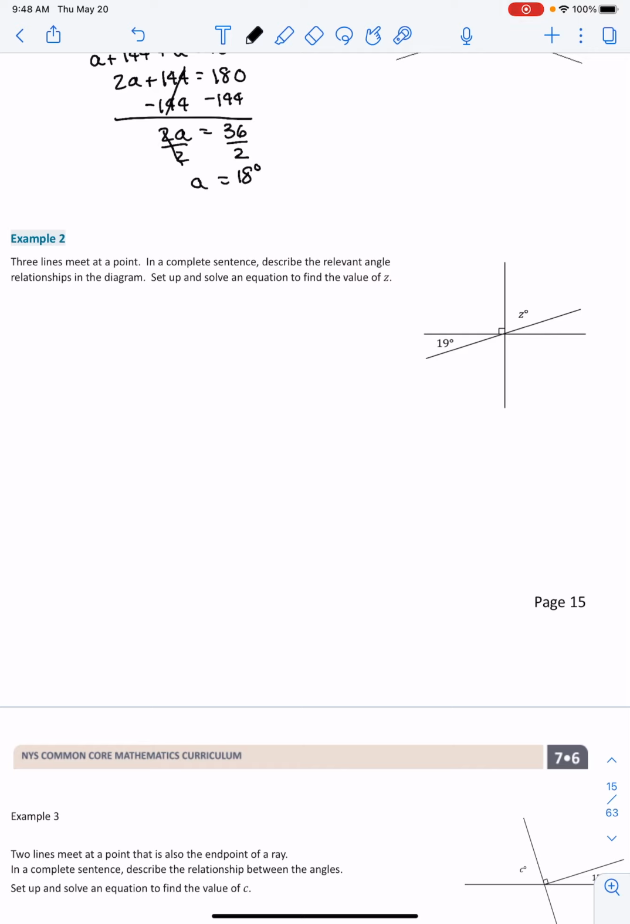So notice that we have the box here, which means that this is a 90-degree angle, so I would write that in. So I have angle 19 degrees, angle 90 degrees, and angle Z degrees form angles on a line and add up to